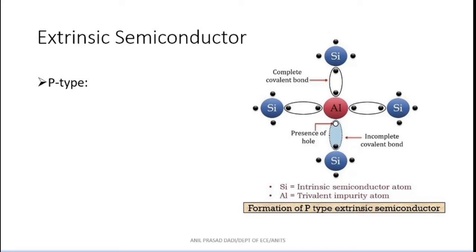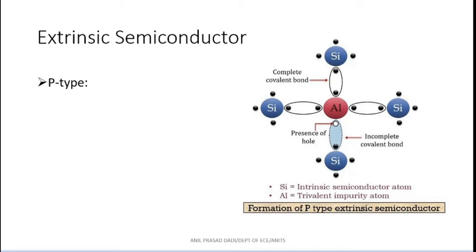Whenever there is a hole, you know how the hole is contributing as a current, as a charge carrier. Now you tell me, if a hole is moving, current is there, how can a hole move? If this valence electron comes and occupies this, then this hole is going to move from here to here. If this valence electron comes and occupies this, then the hole moves here. That means there can be hole movement if there is a vacancy and available valence electrons. Yes or no?